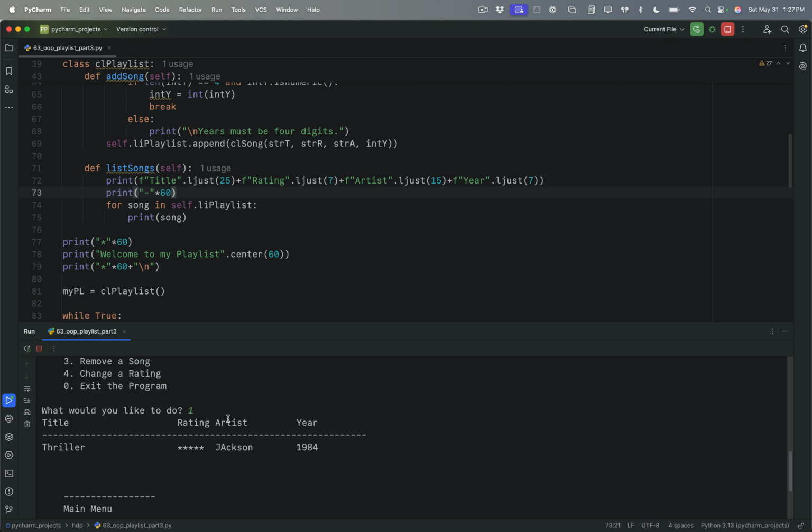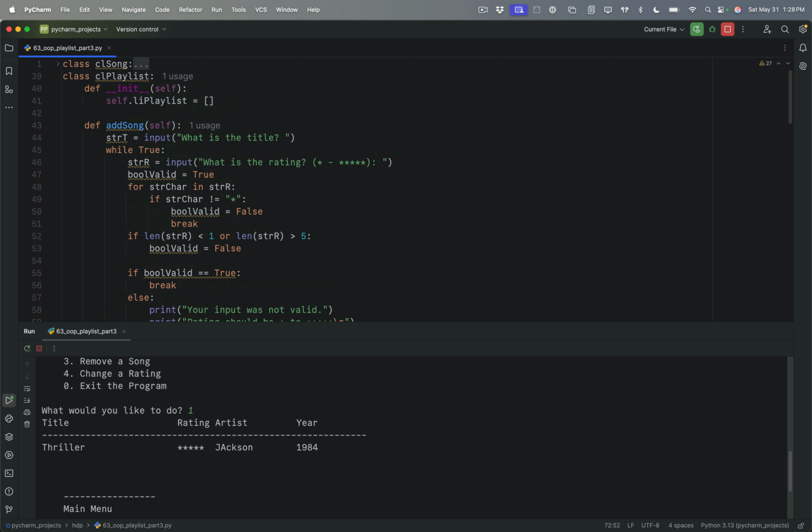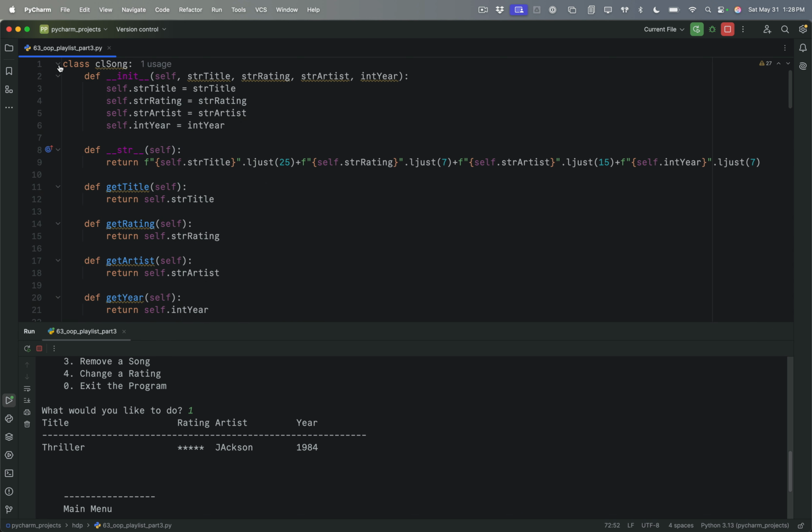I think what I'm going to do though is add some more space around the rating because it's kind of tight. So I change that here. I'm going to change it to 12. And then I need to change that up here as well so that it's aligned with each other. Okay,